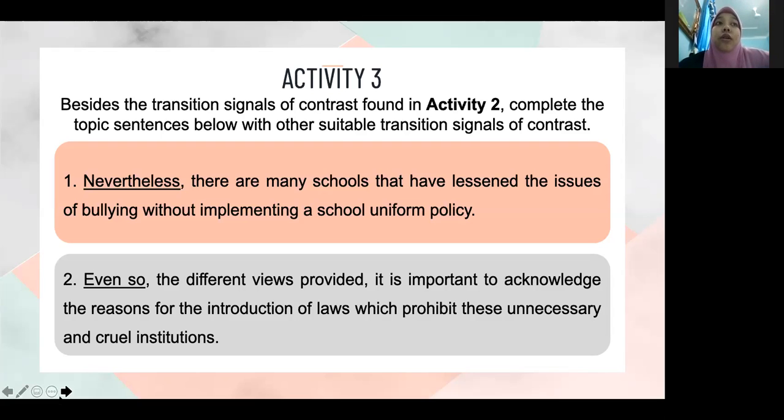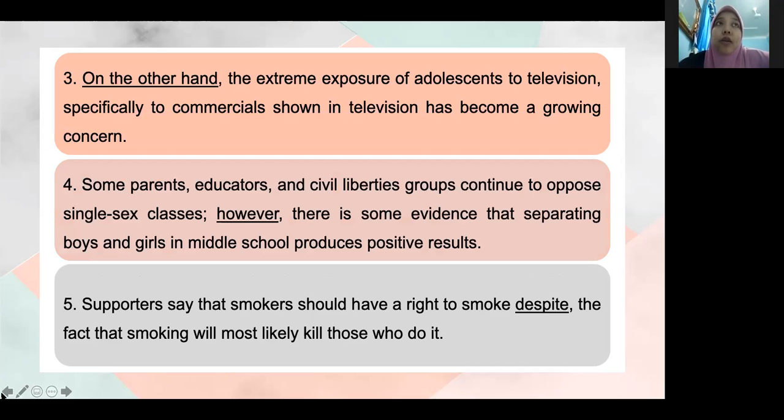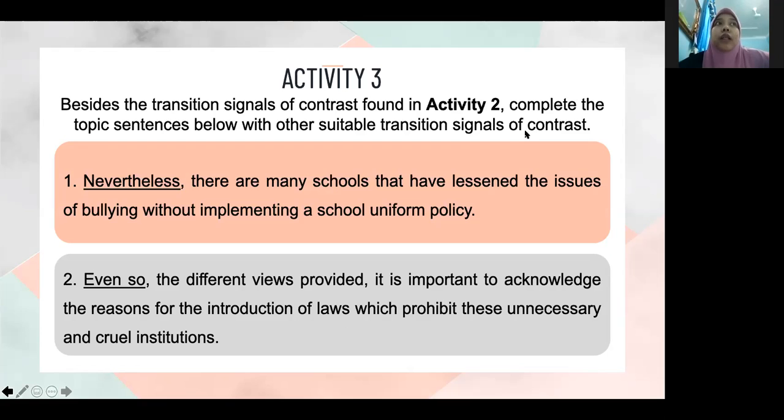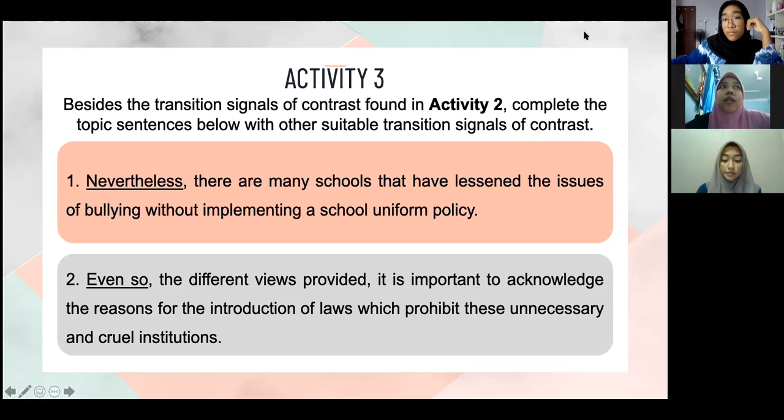Even though or even so, being categorized in subordinating conjunction. As I said before, Izzah and Azimah group already present about transition signal of contrast in take-home task 3. So next, for the third question is,